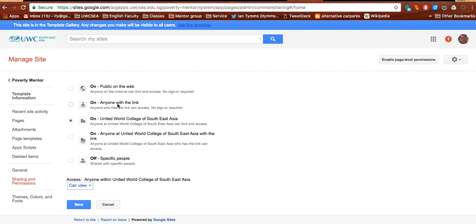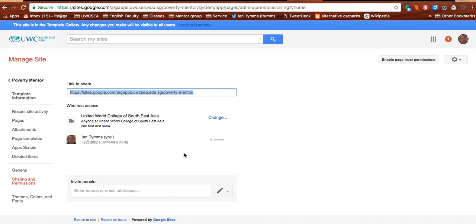One thing you might want to do is change it to anyone with the link. And the reason you might want to do that is because then you can share your site with your grandma and she'll be able to open it and see it when you share the link, but it means that people out in the world can't actually find your site. They can't search on Google and find it. They can only open it if someone shared the link. So I'm going to save that,